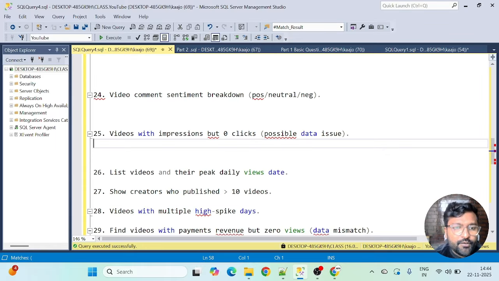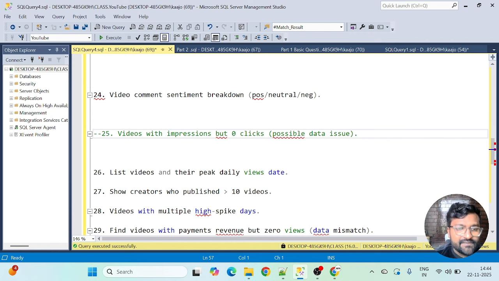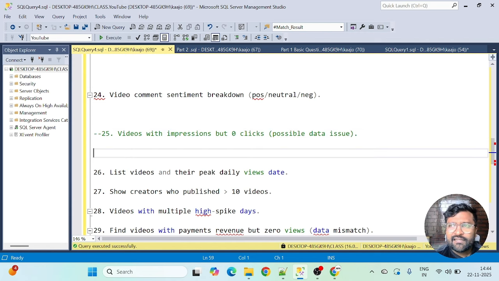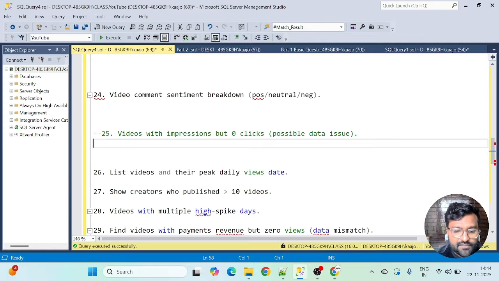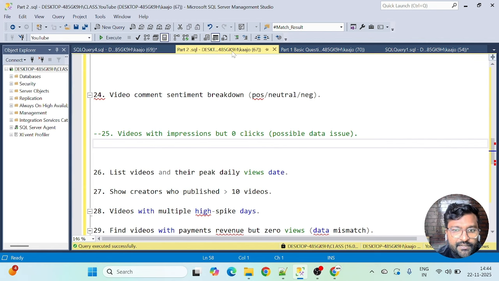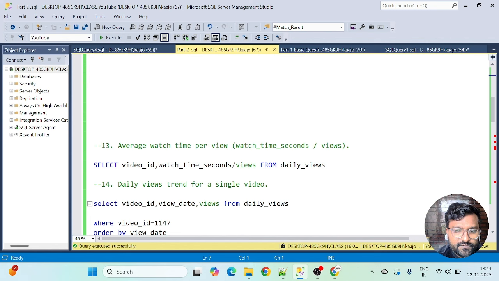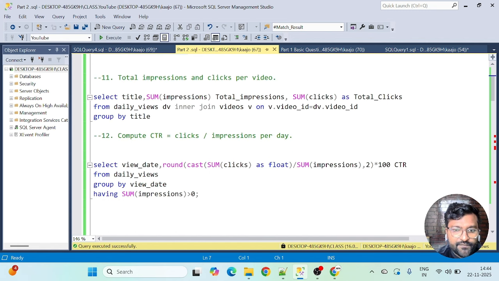All right. Okay, voila. So we have got this question. You remember previously we had some question where we were calculating, I think CTR, where we were doing the division between clicks and impressions, and there we encountered this division by zero error, right? So we have got a question already where impressions, impressions, but there is zero clicks. Sorry, I'm getting confused. In that question, I think we had. Let me go back to that question. One second.